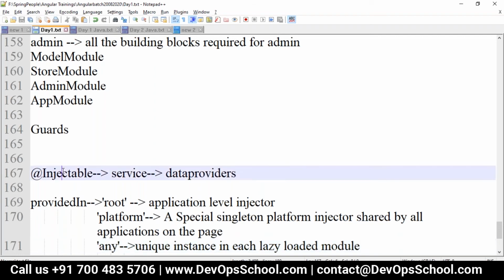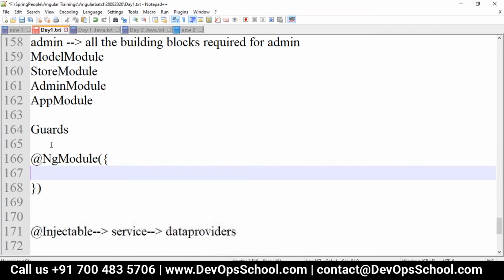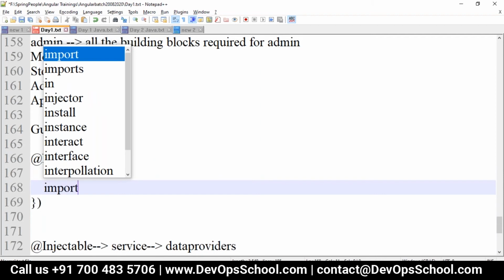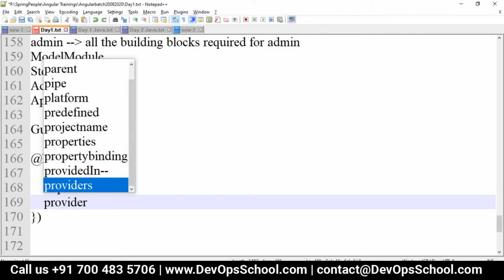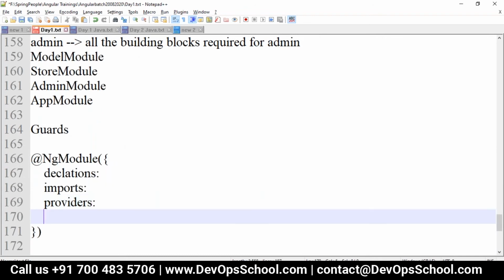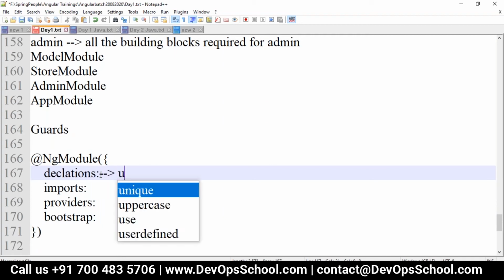Whenever you have any injectable, if you go to any app module, which has an NgModule decorator, what are all the things that will be there, guys? In the NgModule, we have declarations, imports, providers, and bootstrap. Declarations take care of all your user-defined components.